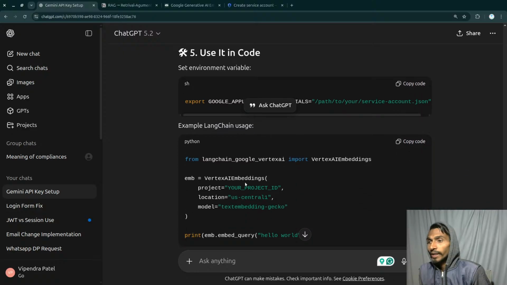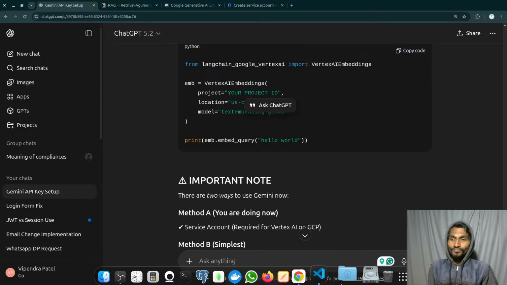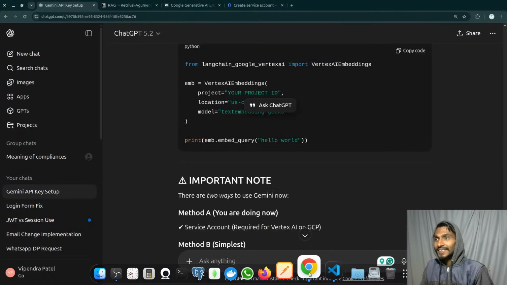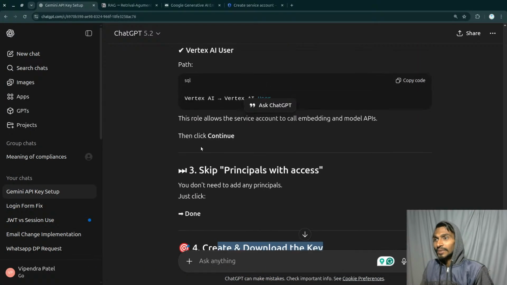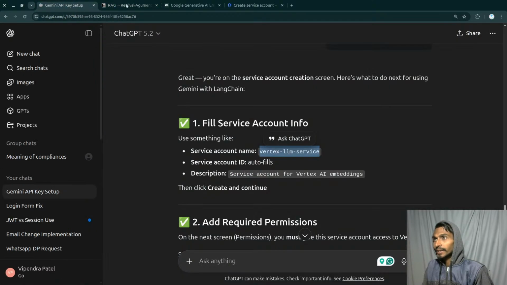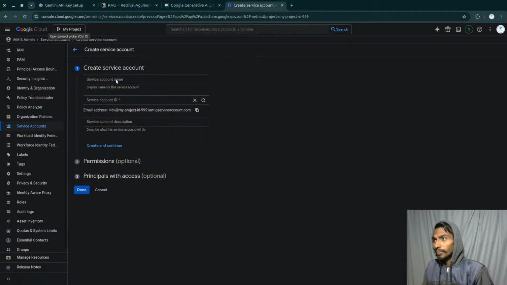Well, thank you very much. It helped me a lot. Yeah, why shouldn't I thank it? First of all, it is simply telling me the proper name. It is even giving me the proper name, Vertex LLM service. I will just simply click on this, not that, rather this, then this. I will paste